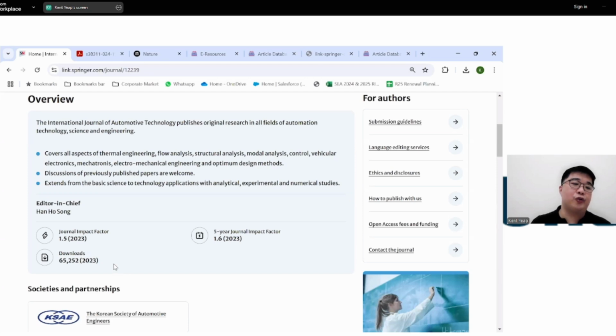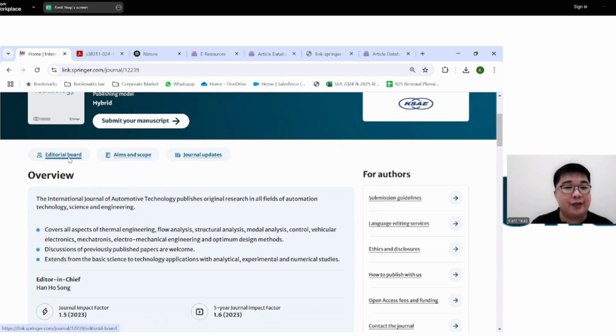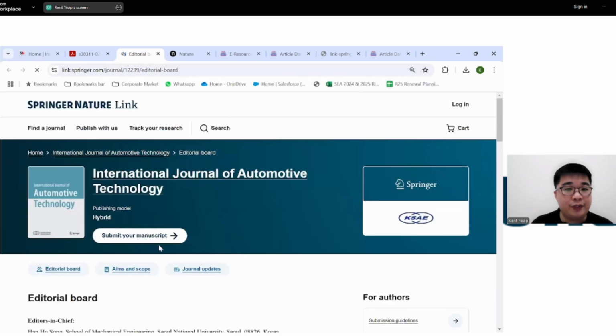And this just goes to show you a few things. So number one, how diverse or how wide is the audience group of this particular journal? How many people read it? How many people download it? How many people cite it? Right? From there, you can also go to the editorial board, which I will do here. Again, just making sure you are following.